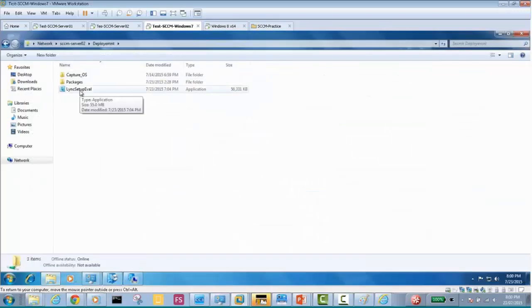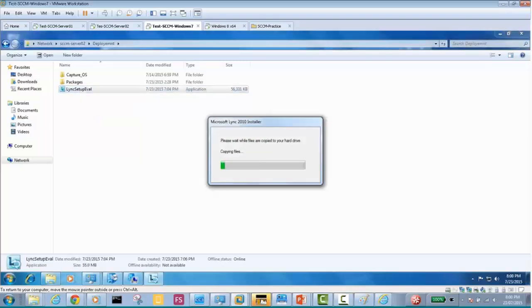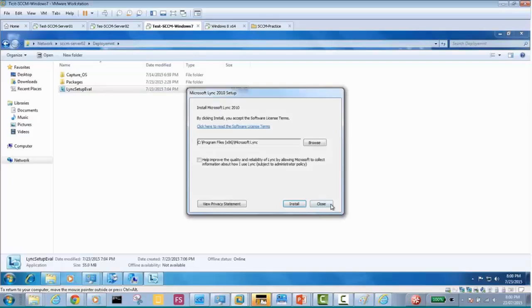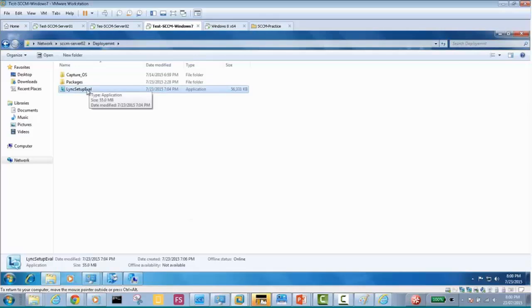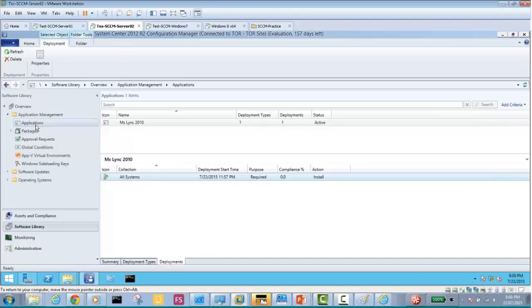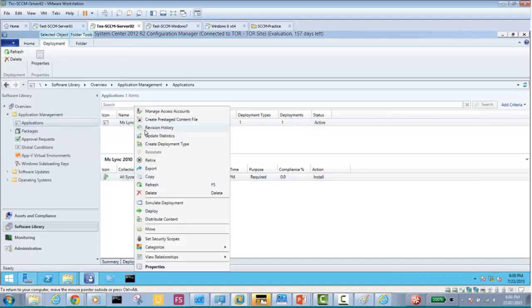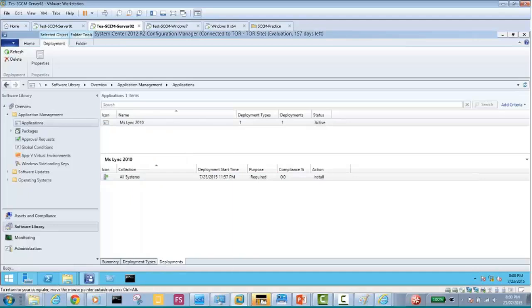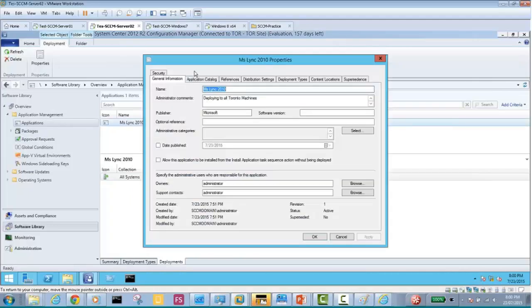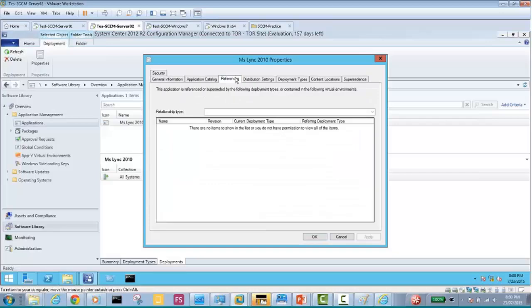Because SCCM is not doing everything right now. Yeah, they're going to see that. So okay, there was some problem, and I'll try to fix that. It's supposed to be the easy installation, but every installation has its own